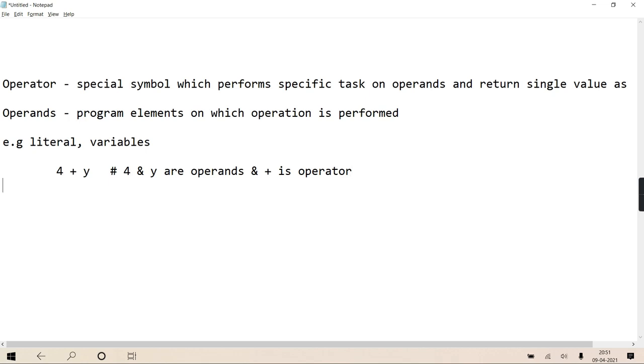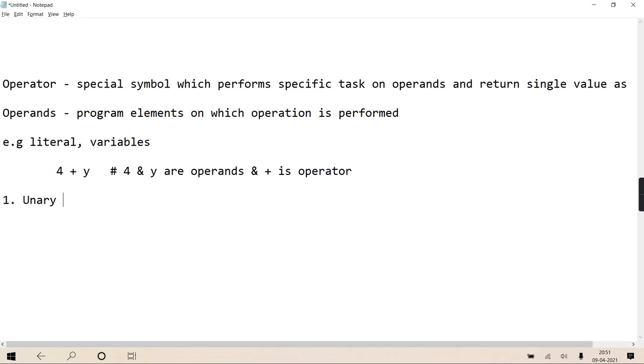Then coming to the types of operators, depending on how many operands the operator is going to operate on, based on that we classify them as unary and binary.